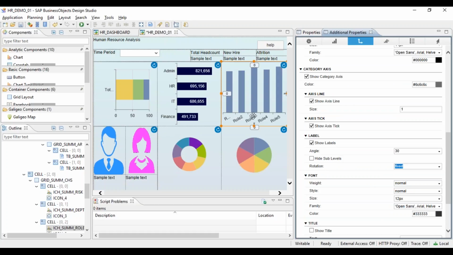So the labels are now rotated by 30 degrees, that you can control from here. But this option is not available if you are using the normal chart component. It's available only in info chart.